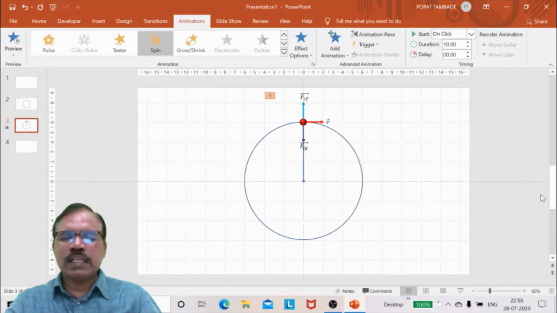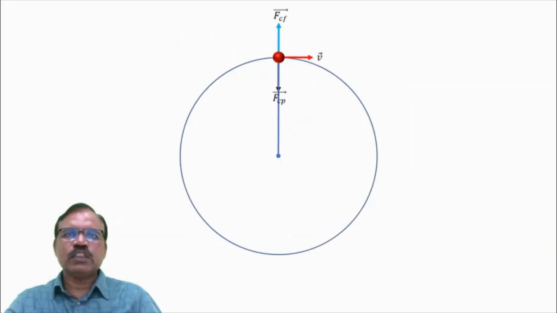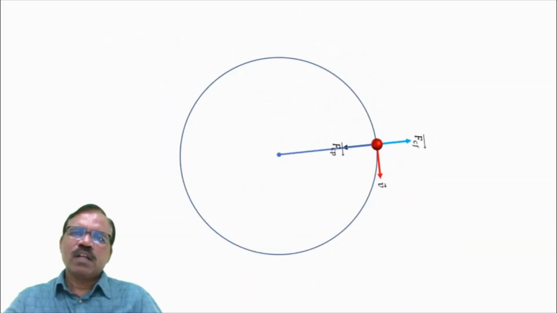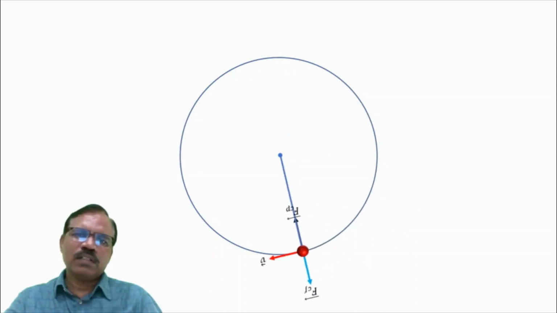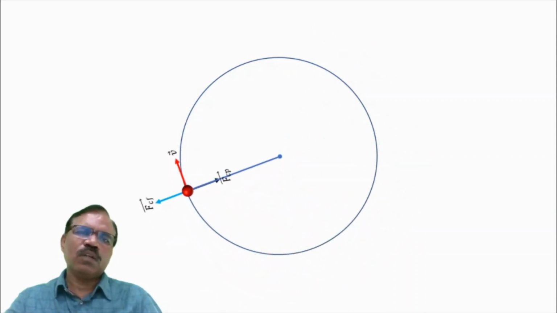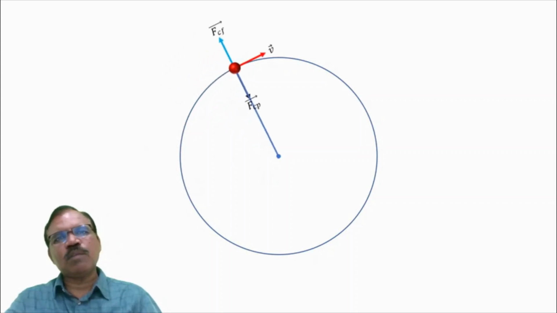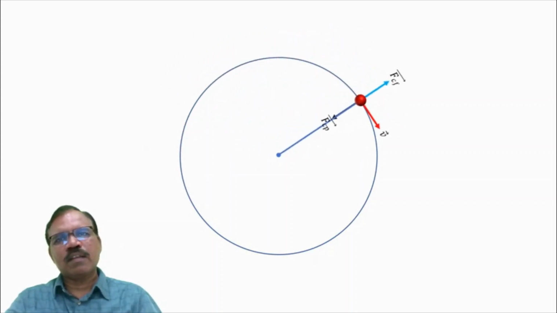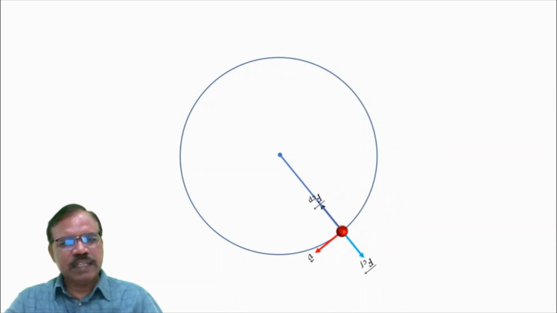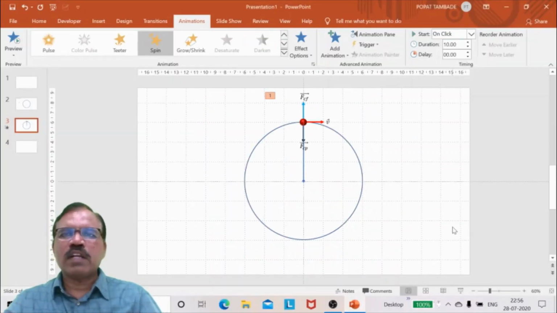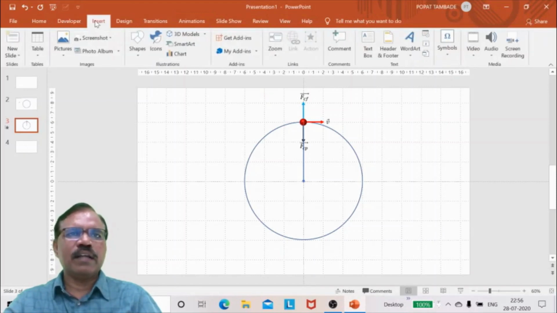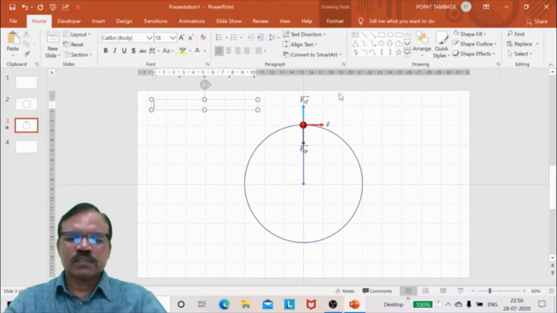Now you can see, I will remove this animation pane and you will see this. Now it is showing proper uniform circular motion. Animation of uniform circular motion. So you can make animation in this way. You can add whatever text you want here. So I can take enter text here. Circular motion.